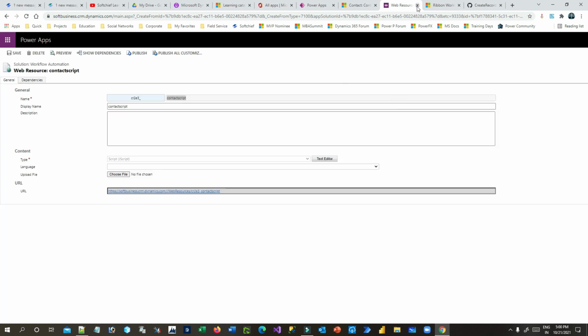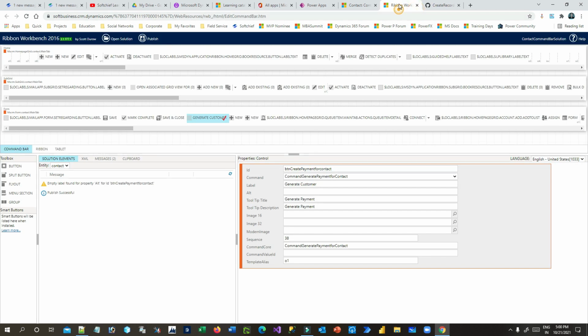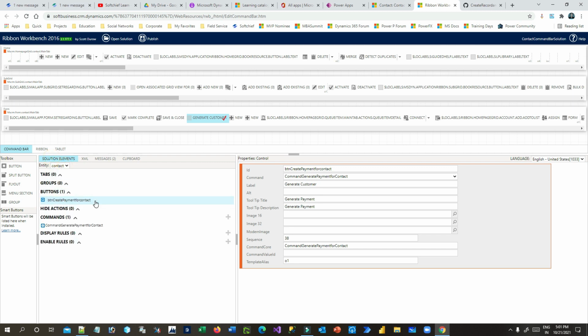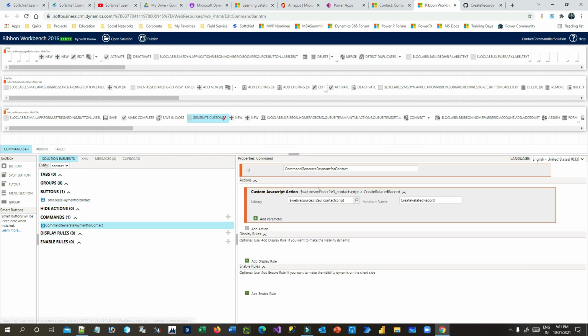Once it is published, I have opened Ribbon Workbench, and in the Ribbon Workbench I have used the contact entity, and in the contact entity I have created a button here. This is the button, generate customer, and I have given all required data like ID, command. I have also created a command here, and in the command I am calling the JavaScript and the function.